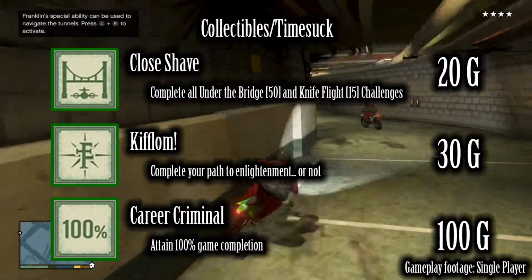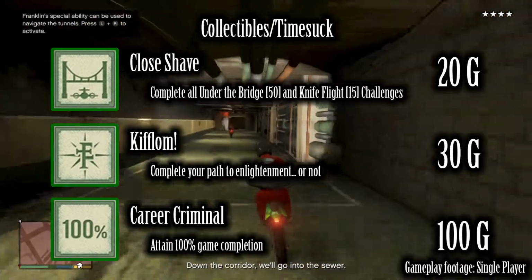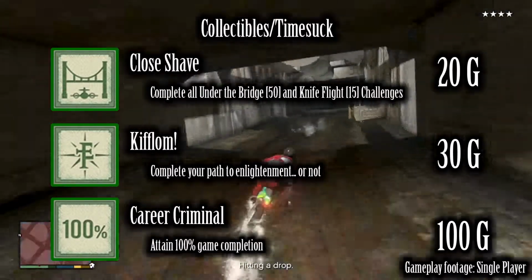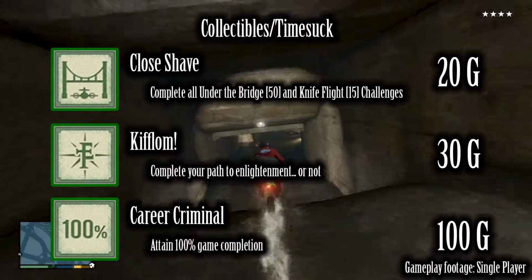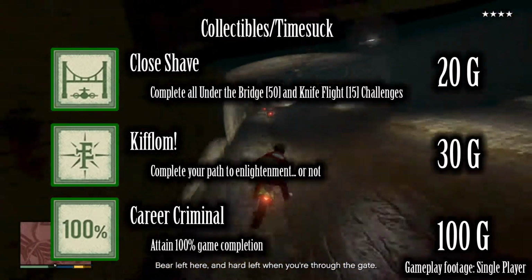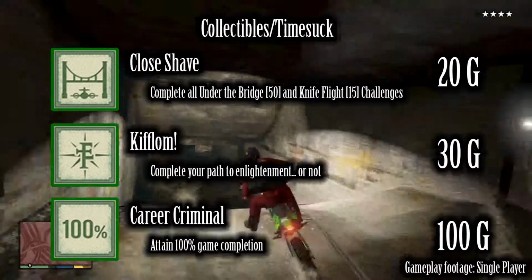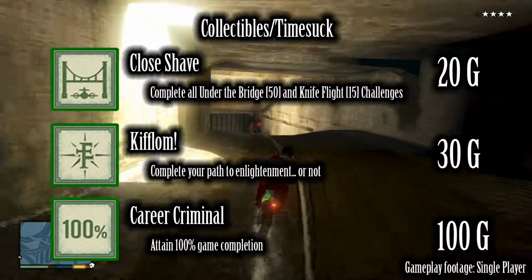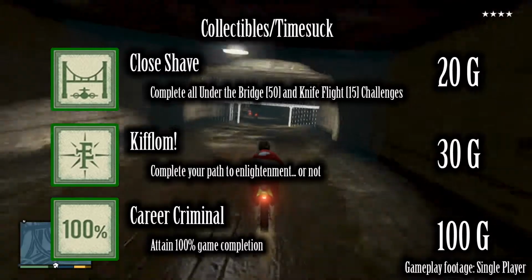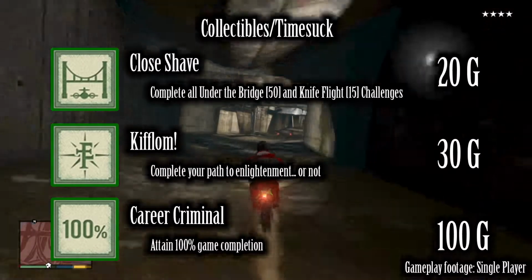What this involves is doing all of the main missions, doing all of the required Strangers and Freaks, which are like the secondary missions, completing a certain amount of random events, doing certain required miscellaneous activities, which involve playing tennis or golf or hanging out with characters. It also involves doing half of the stunt jumps, half of the knife flights, and a couple other things like that